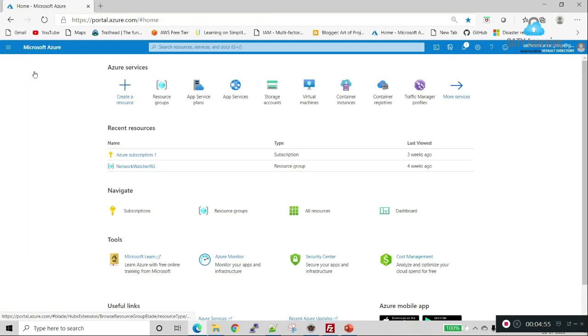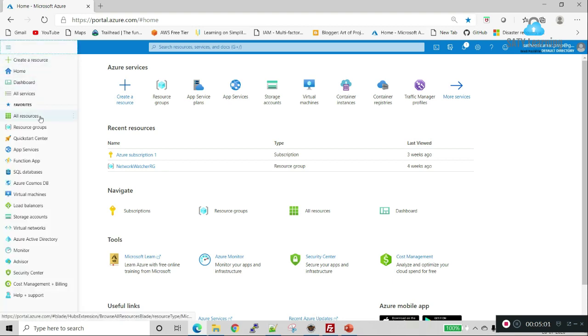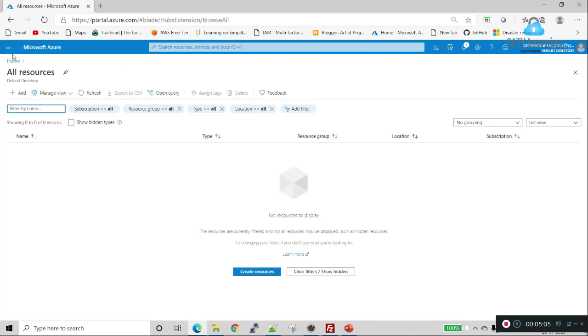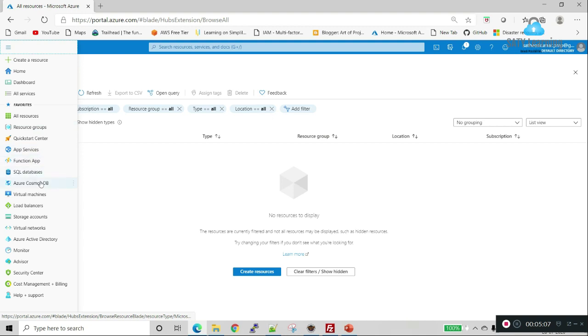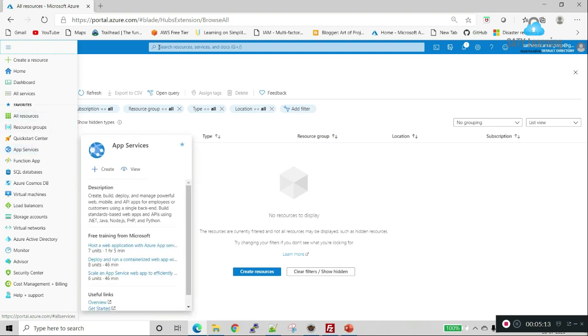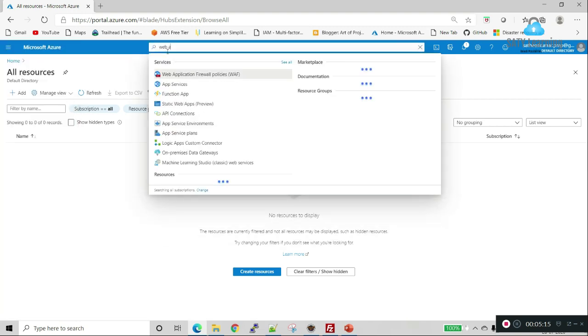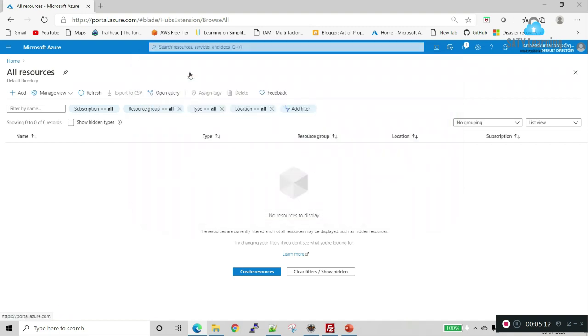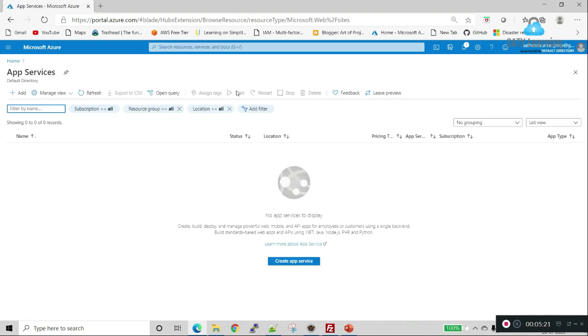So we can go to Azure, and search for web apps. The App Services provide the web apps feature actually.